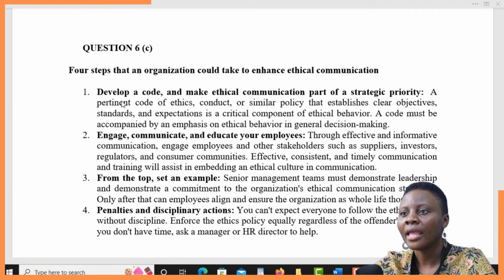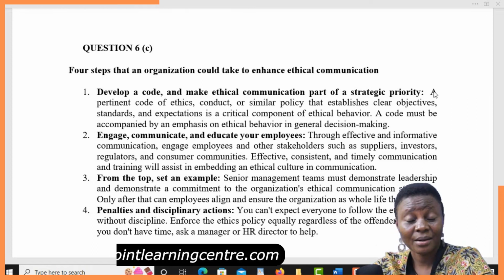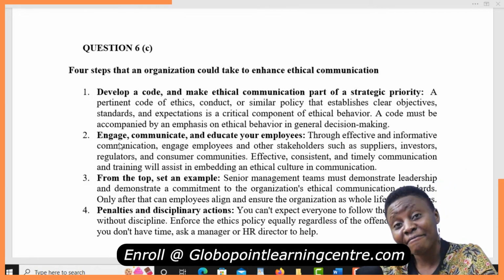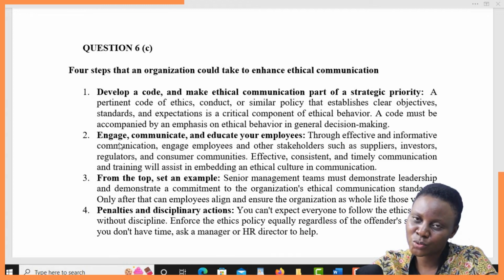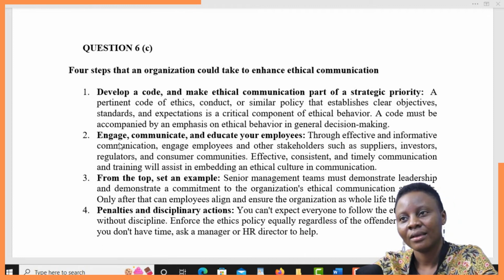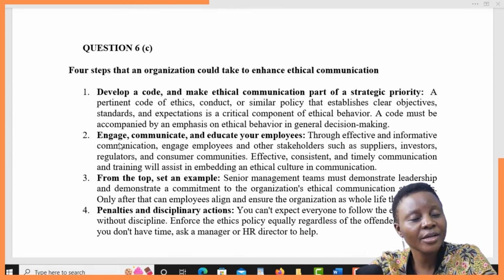Number 1, develop a code and make ethical communication part of strategic priority. Definitely, yes. Always have a code of conduct as far as communication is concerned. By having that code, that means the code will be made up of rules or regulations or policies that the organization would wish its employees to know about communication. And the moment all these people are aware of the rules, then there's no way a person will do it and know that when I do this, I'll be doing a wrong thing. So having a code of conduct can always help a lot when it comes to motivating or empowering the employees